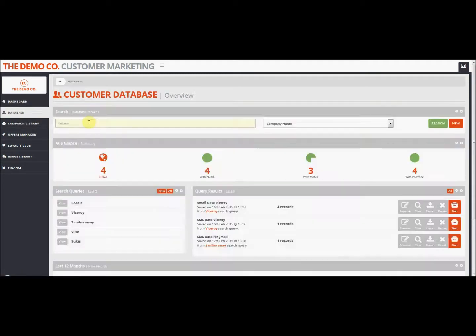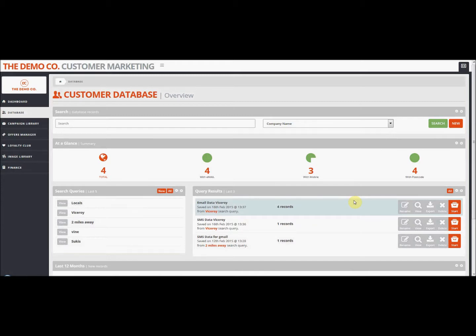As we click on that, you'll see we come into the database. You can always see which module you're in by the highlight on the left hand side and also up here at the top. You'll notice here we can go back to the home page again, the dashboard, at any time. So the database screen, we won't go into too much functionality on this tutorial as there is a separate tutorial for working with your database, but I'll do a couple of small things to give you a feel of the